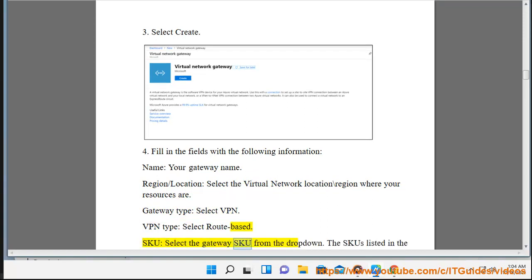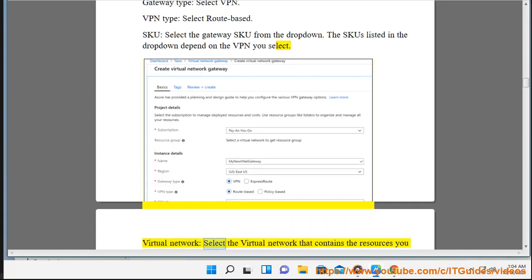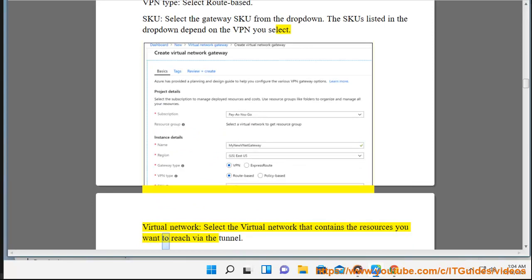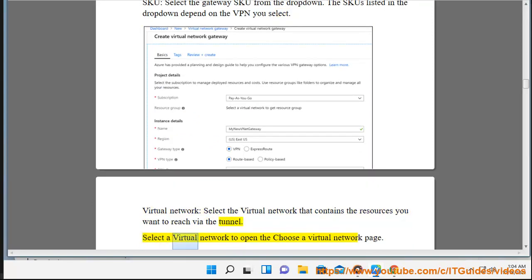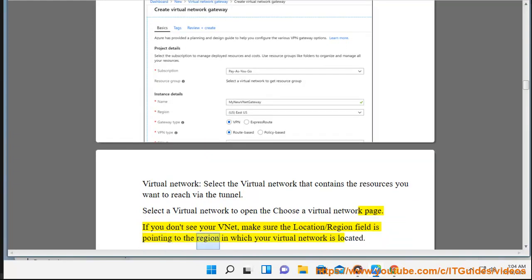SKU, select the gateway SKU from the drop-down. The SKUs listed in the drop-down depend on the VPN you select. Virtual network, select the virtual network that contains the resources you want to reach via the tunnel. Select a virtual network to open the Choose a Virtual Network page. If you don't see your VNet, make sure the location/region field is pointing to the region in which your virtual